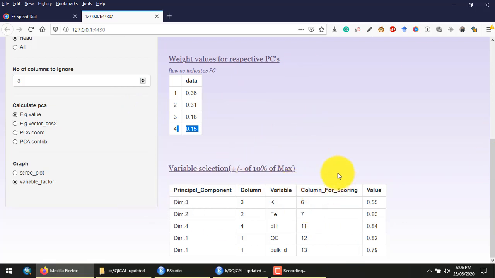Initially we had 10 soil properties, and now we have only 5: available potassium, iron, pH, organic carbon, and bulk density. One important thing is that you need to write down the column numbers, because they will be used for scoring. For potassium it is 6, for iron it is 7, for pH it is 11, for organic carbon 12, and for bulk density it is 13.